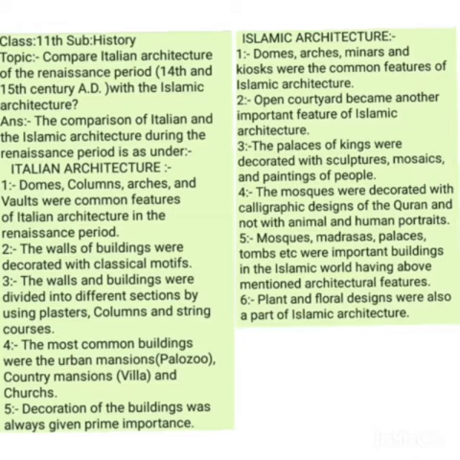Number one, in the Italian architecture, we understand the domes, columns, arcs, and vaults. Vaults means a roof in the form of an arc or a series of arcs forming the roof of a building. So these domes, columns, arcs, vaults were the important feature of Italian architecture in 14th and 15th century.